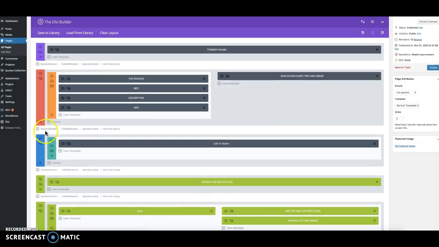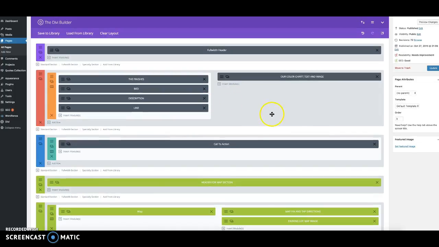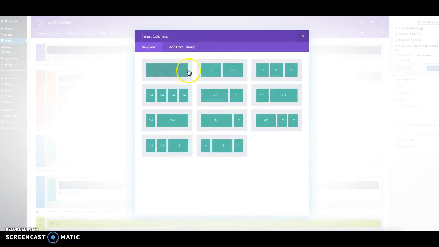The section I'm going to choose to put it into, because I don't want to have with specialty sections, you have a number of options of how to put them together layout-wise that is a little different from the standard sections, but I don't need those options anymore for this section. So I'm going to select the standard section here. I'm going to pick a one column,